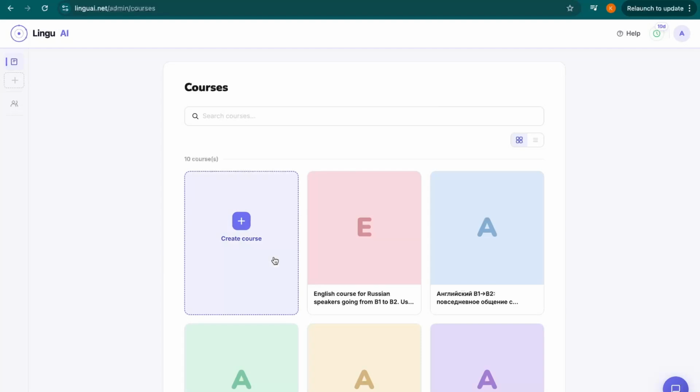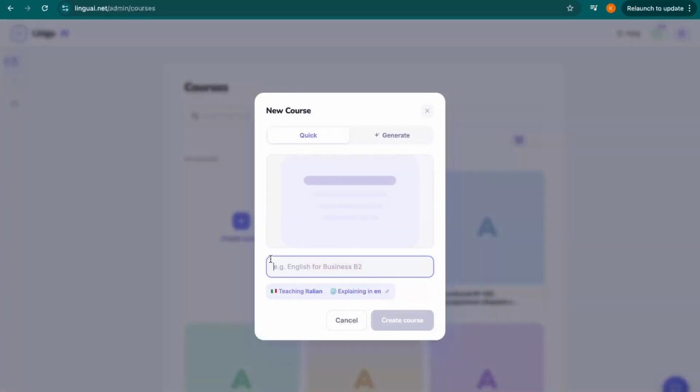Let's build a complete language course from scratch using AI in just a few minutes. I'm on the dashboard. I click Create Course. A modal opens. There are two modes: Quick, which creates a course manually without AI, and Generate, which is what